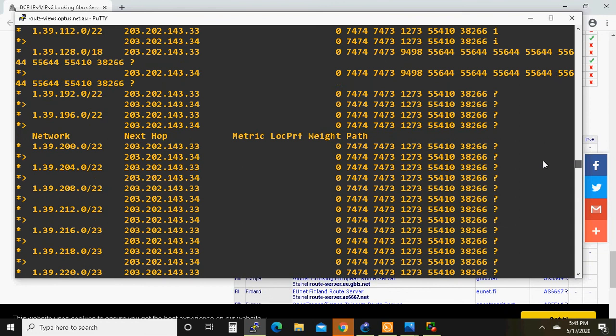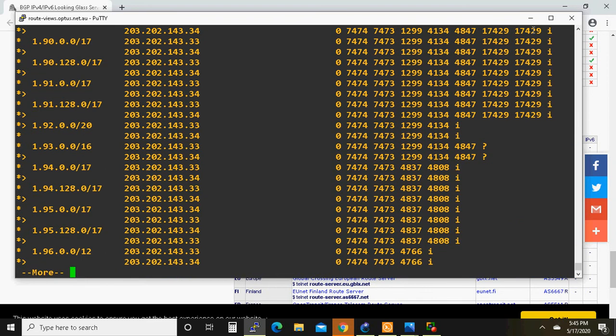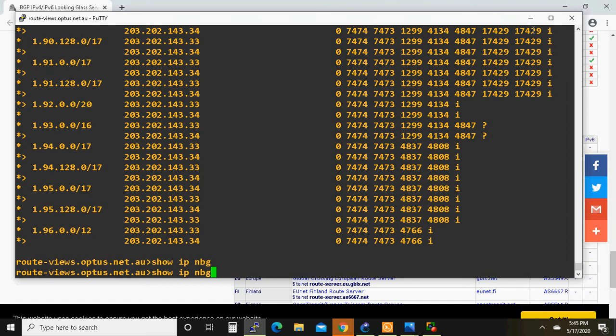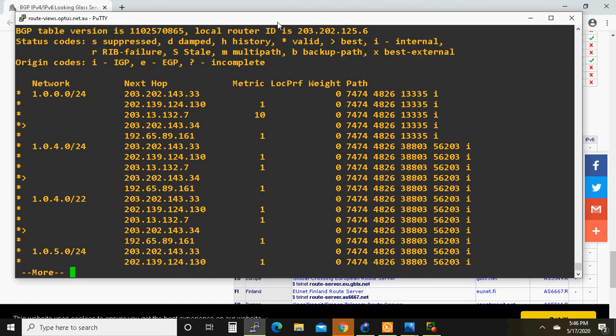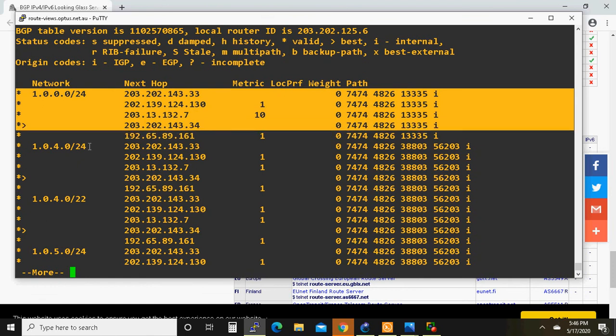Show ip bgp. Okay, so we can take it as one network. There are 5 entries. Based upon that, whichever one is the best path, it is marked with the greater than symbol. That best path entry only is present in the routing table. So if you have an internet connection, just open PuTTY and you can check this one.